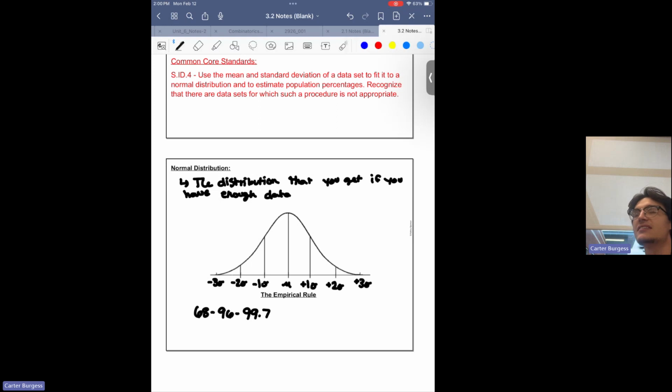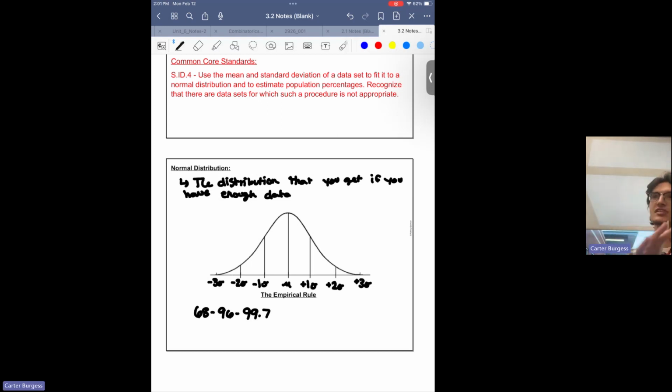You'll sometimes see it as 95, but technically speaking, the z-score for 95 is 1.96, and the z-score for 96 is like 2.001, or like it's closer to 96 than it is to 95. The exact value at 2 standard deviations is around 95.96 percent of your data or something like that, or maybe it's like 95.6. It's a little bit more than 95.